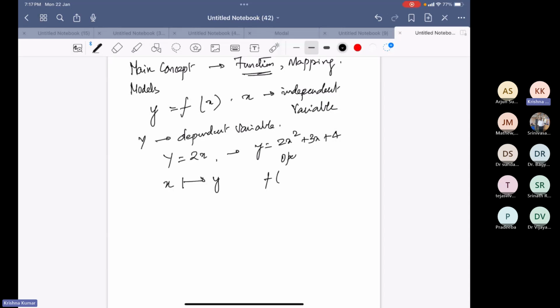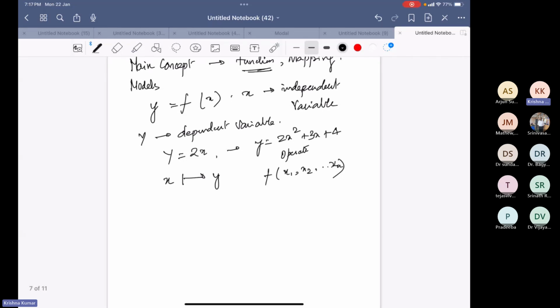Now, that's another word which we will use. Operate on more than one variable. So, say x1, x2, and so on, up to xn. Understand this: x1, x2, x3, x4, x5. I'm not going to write all that. So, I put just dot dot up to xn. Function can act on all these variables, x1, x2, up to xn, and then give me a variable y. So, it is not that I'm going to operate with only one variable called x. It can be more than one variable.